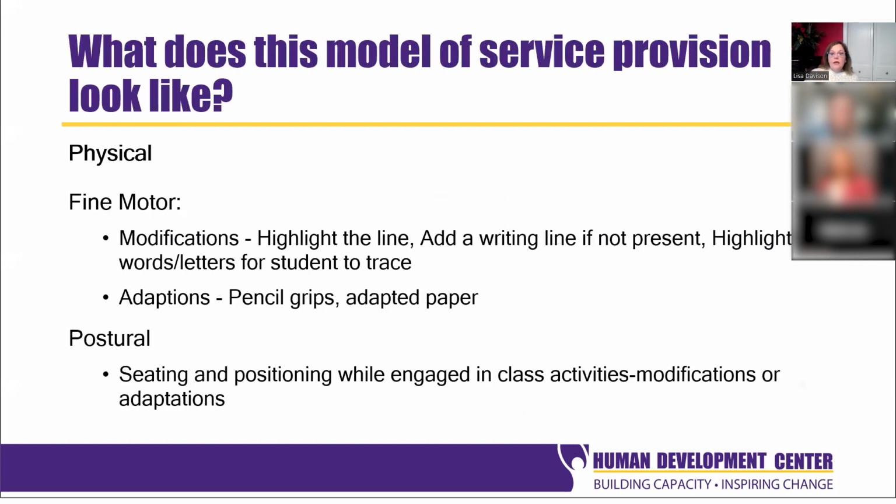So what does that look like? Let's look at some examples of what it might look like when services are provided in the natural environment, and OT is able to give direct feedback and recommendations. So when we're looking at the physical area with fine motor, if an OT is in the classroom and the